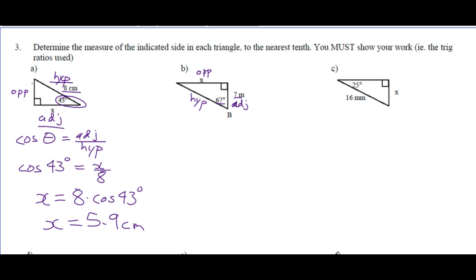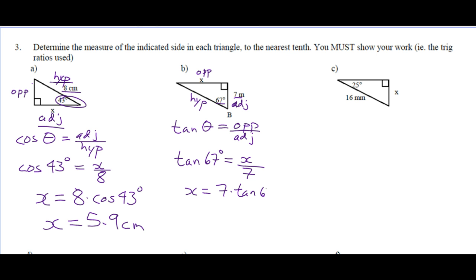Okay, so we've got adjacent and opposite. Which ratio do we use? Tan. So let's start off with a formula. The tan of theta is opposite over adjacent. The tan of 67 degrees is x over 7. How do we get x by itself? So we multiply both sides by 7. So then x is equal to 7 times the tangent of 67 degrees, which is